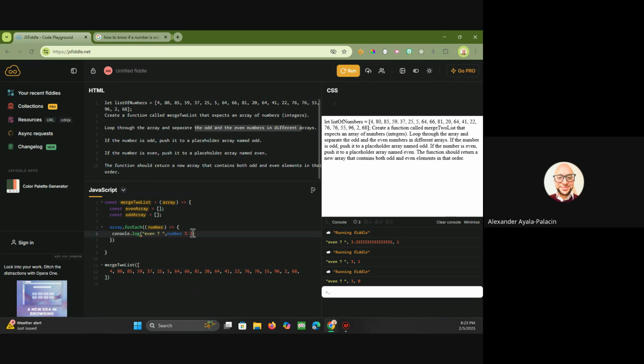So yeah, console log, remember, is a good way to test things out. And then after, you have to remember, okay, now I know that this code right here inside the console log is the logic I need to know if it's even. So we can take it out of there, Control X. And now I can say, if the number we're iterating over is even by 2,